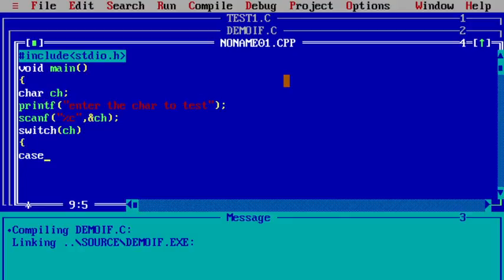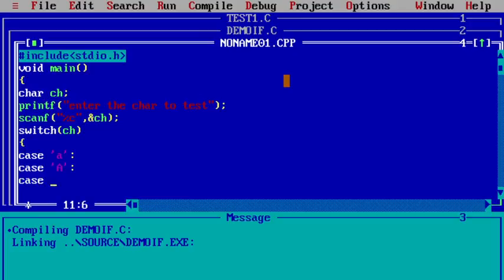Okay, switch ch, then case 'a' colon, since we are testing with the vowels. Then colon. Similarly case capital 'A', then colon.